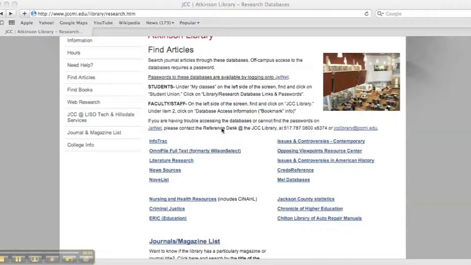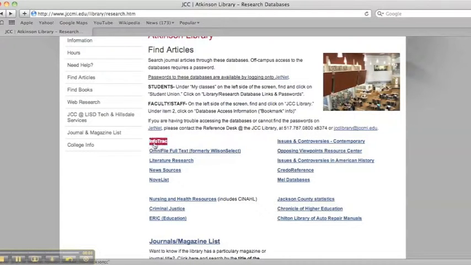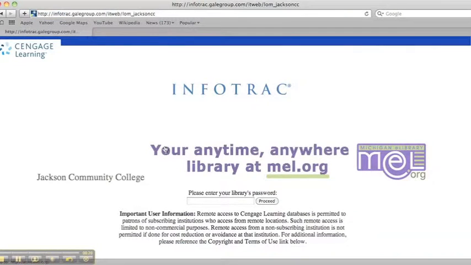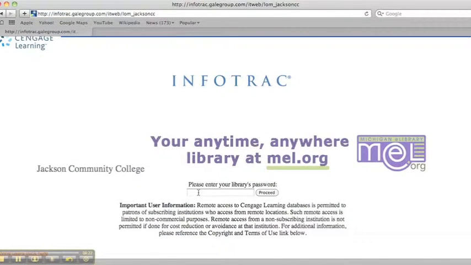Those two databases are over here on the left: InfoTrack and OmniFile Full Text, which used to be called Wilson Select. So if you're familiar with Wilson Select, this is the one that you want to click on. Now, these two are similar in the kinds of content that you're going to find, so I'll walk you through InfoTrack, and you can use the same skills in Wilson Select